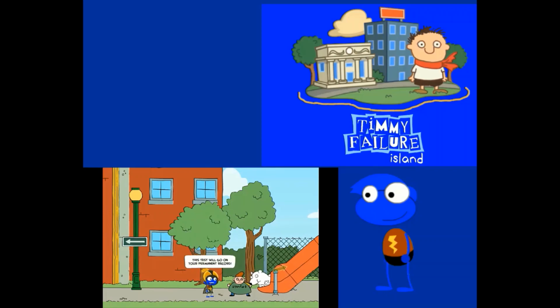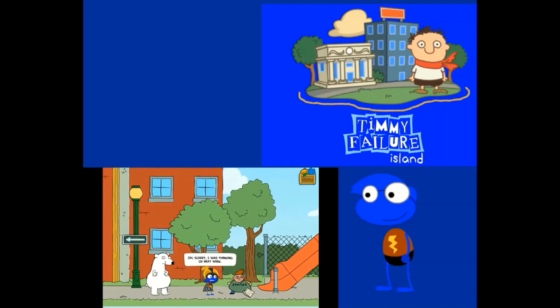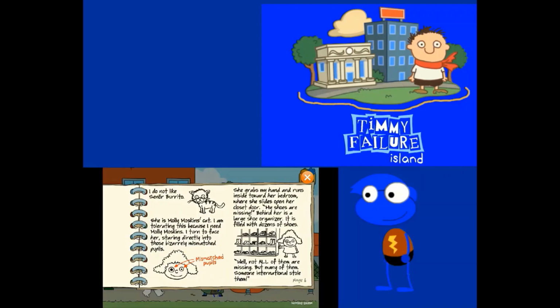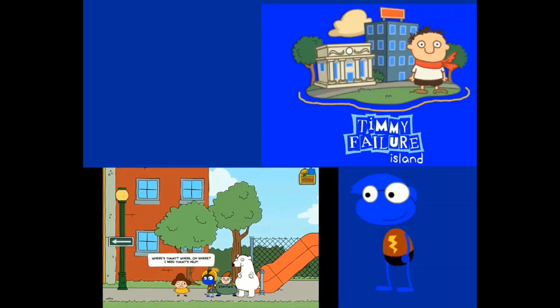When Rolo's head shakes really hard, Total comes out of the slide, and another page of Timmy's detective log is knocked loose. You will calm Rolo down by saying that the assessment is in the following week. After reading the page about Molly Moskins